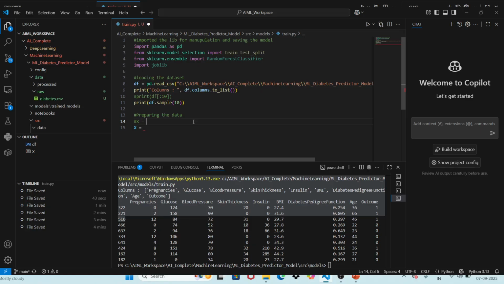X is equal to the independent variable, and Y would be the dependent variable. Okay, so if X is your independent variable, then we have to extract the data from the given data set. So for extracting this X, what we should do is extract from the data frame. So df, and then